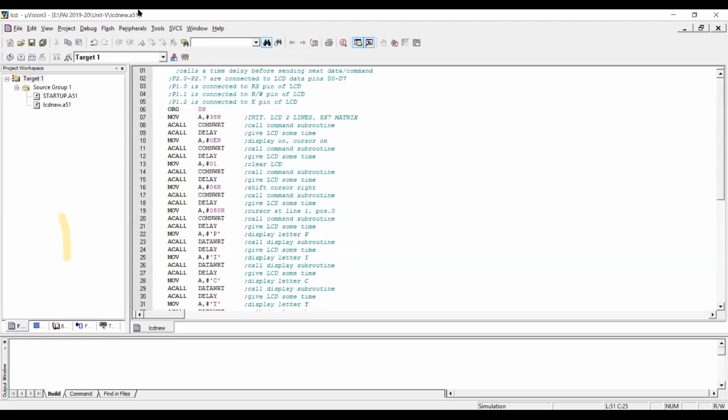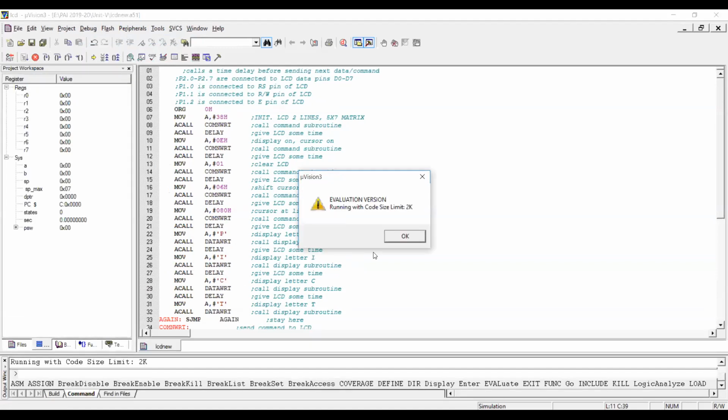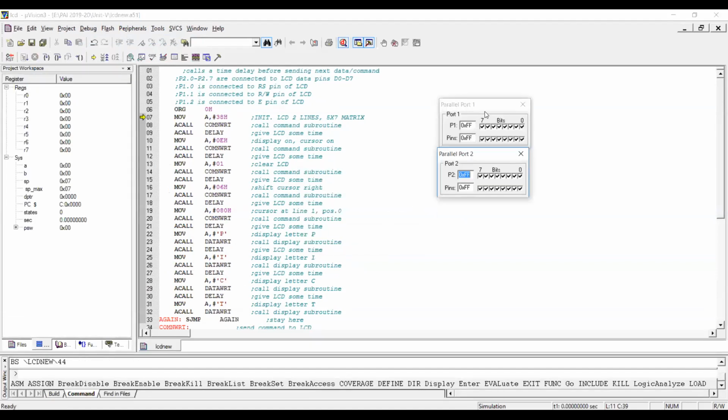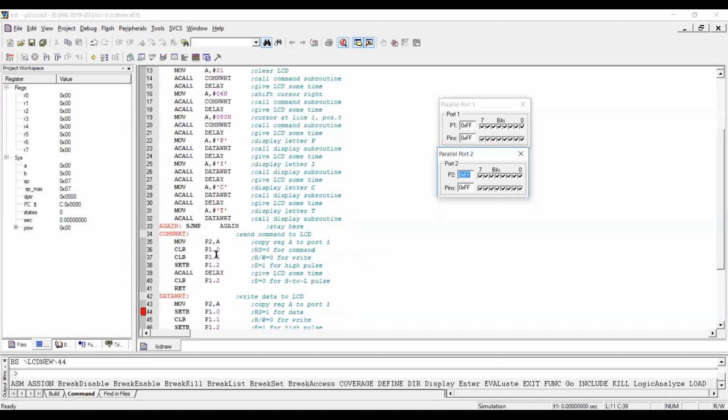To execute the program through our Keil software, again you have to use the debug option. After debugging you are able to see port 1 which you are using in your program. If you are using port 2 and port 1, you have to use only these ports. You can use port 3 or port 0 also; it depends on your wire connection. But basically in your lab, in your final practical exam, we already give you the ready-made setup.